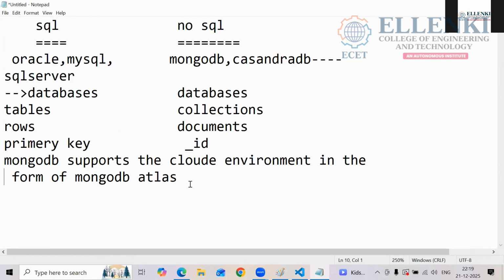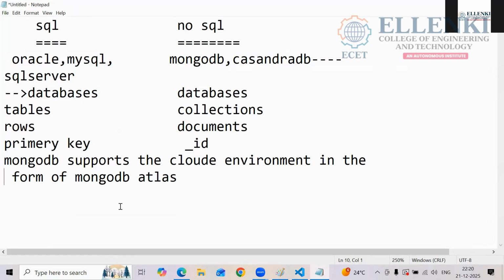How we are going to create your data, tomorrow we will see. Okay, so total it is a one hour session continuously. These are all things we have to know, because you have to do this process repeatedly. So that's why we will see this in tomorrow's class. This is a very important thing, so you can come to the class tomorrow. It is that much worthwhile. So from MongoDB Atlas, we are going to create our data. This is the cloud environment for your MongoDB.